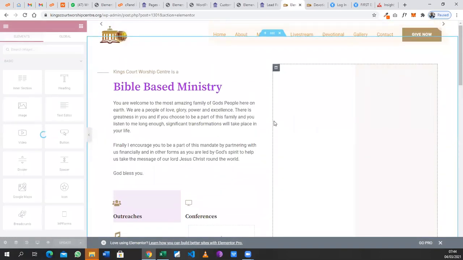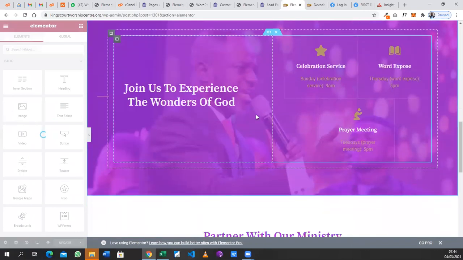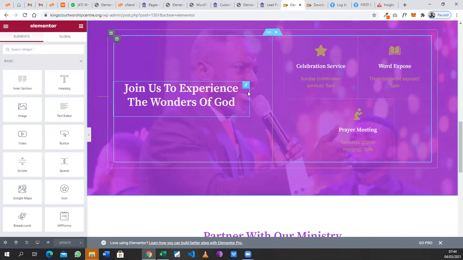So it's loading up and we can see different aspects of our page already. And for this particular website, we can see that the service times are here. Join us to experience the wonders of God. And then you can see the celebration service, the word expose, and prayer meeting. So assuming the time for any of these services have changed, or you want to add another service to this,